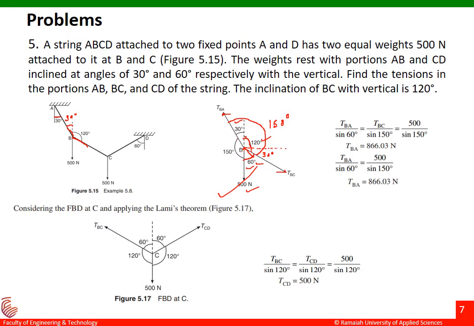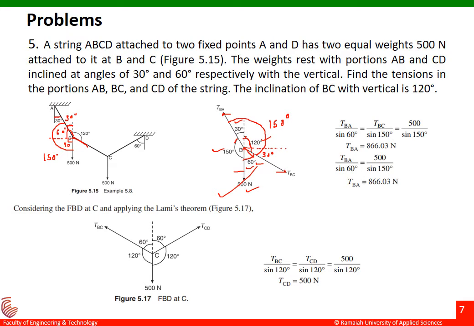Next thing we have to find out the angle between TBA and then 500 Newton over there. Fine. Now what I'll do here is I'll just draw a line like this. If this is my 30 degrees, this is my 60 degrees over. If this is 60 degrees, this will be 90 degrees. The total angle made by this and this would be 60 plus 90, it is 150 degrees. Same thing is written over here.